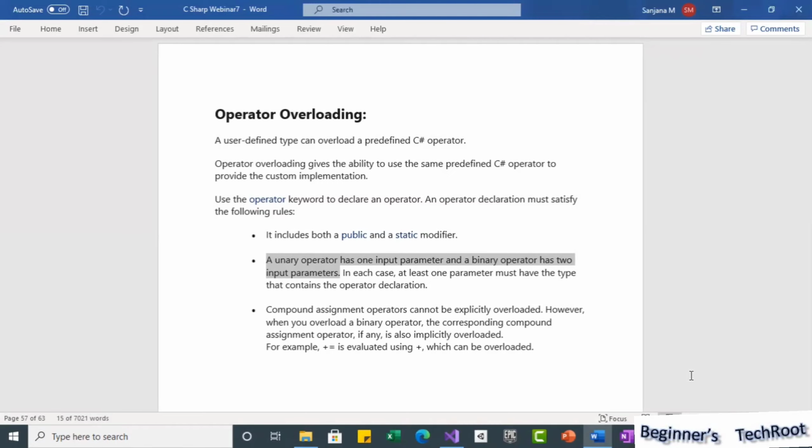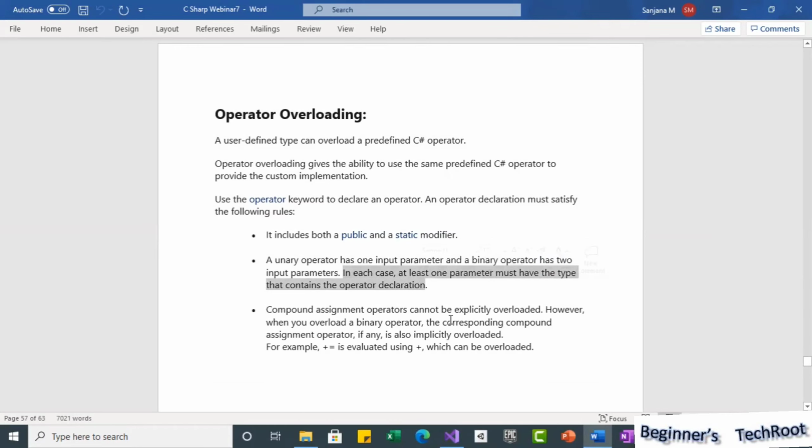But for binary cases, when you use plus as a binary operator, you give two input parameters. In each case, at least one parameter must have the type that contains the operator declaration. So this is another important rule.